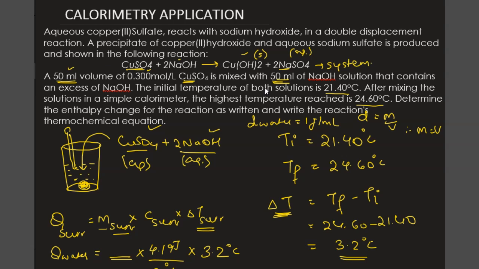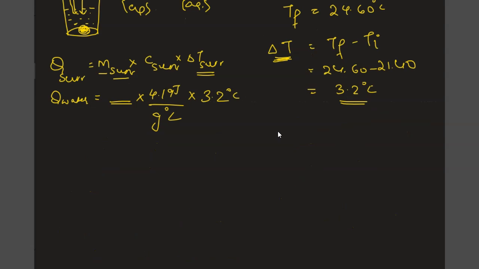So if we add both of these two volumes, we will get the total volume of water that is inside this calorimeter. So from here we get to know that the volume of the calorimeter is the volume of copper sulfate and the volume of sodium hydroxide. Now the volume of copper sulfate is nothing but 50 ml, and similarly the volume of sodium hydroxide is given to us as 50 ml. Total is 100